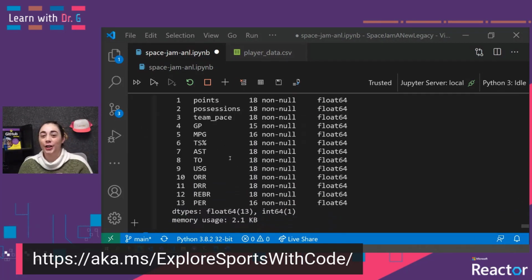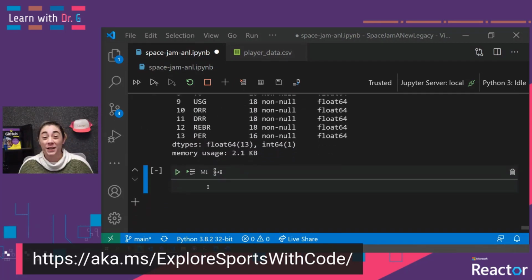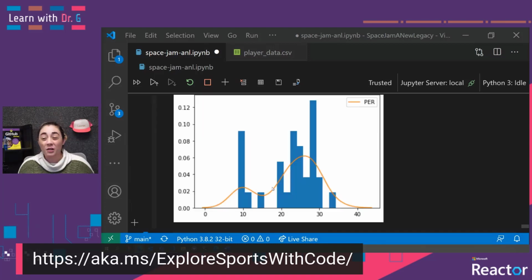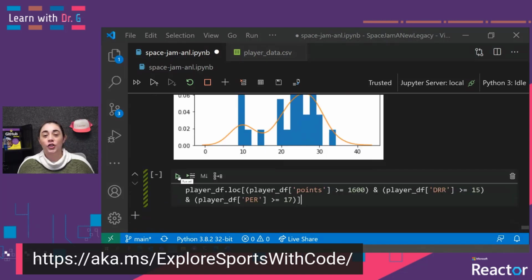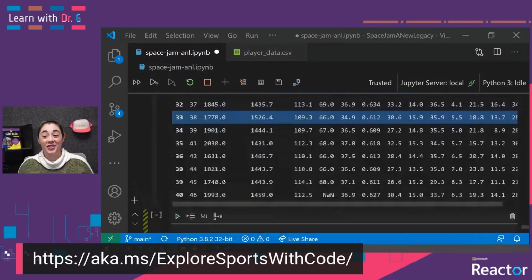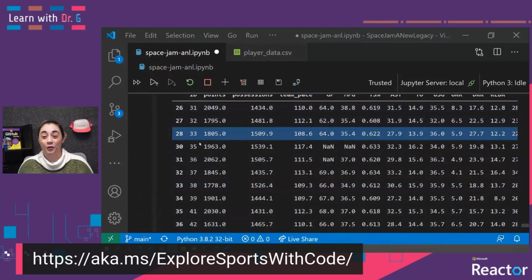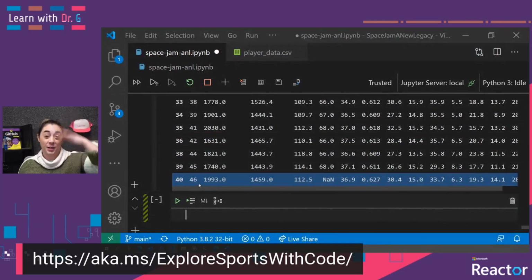And we can also take a look at PER. That was where it had a really big bimodal curve. Okay, so around 17, I would say, is where we get that split again. So now I'm looking for the list or the number of players in our data set that have at least 1600 points on average per game, at least 15 defensive rebounds per game, and at least a score of 17 for PER. All right, it actually looks like it is player 31 through 46, with some of our players having